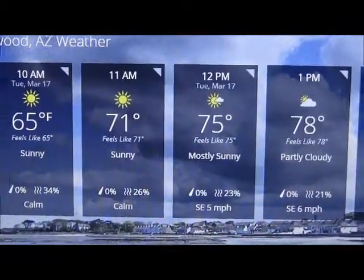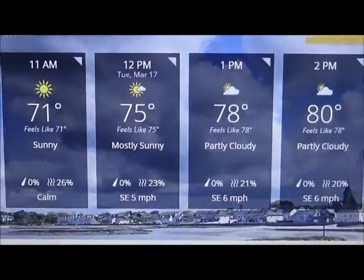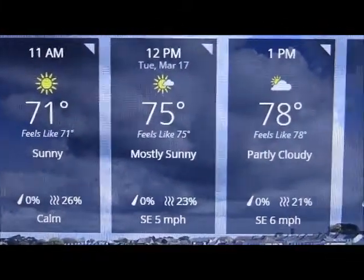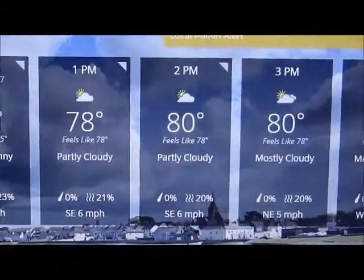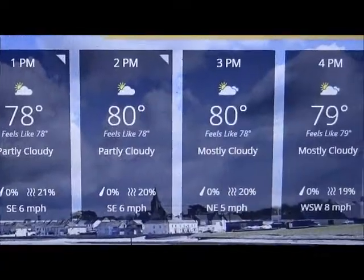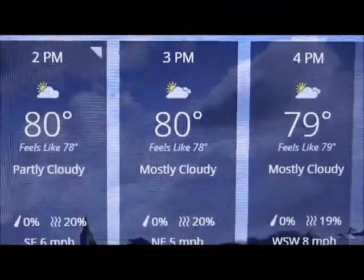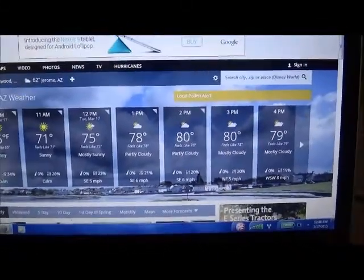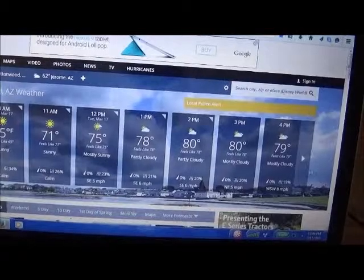10 o'clock sunny, 11 sunny, then mostly sunny around noon. That's when the chemtrailing should be starting really heavily. 1 o'clock, partly cloudy, so they'll be trailing a little heavier. And on through the day where you see it's going to be mostly cloudy by 3 p.m. So you know what that means. And we're going to keep an eye on that so we can show you just how much they spray to